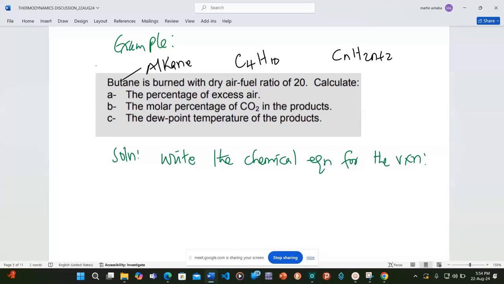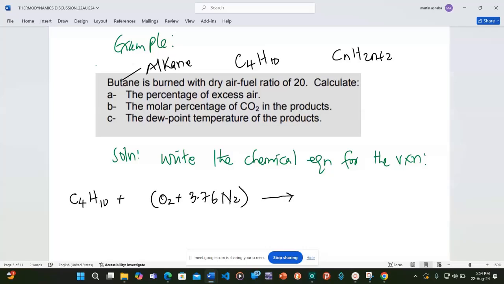Carbon is 4, n is 4, so we have C4 H2 times 4 plus 2, we get 10. So our C4H10 will be butane plus now air. Okay, so we will have oxygen plus 3.76 of nitrogen,